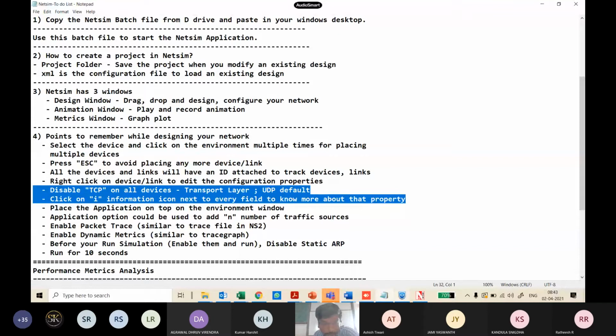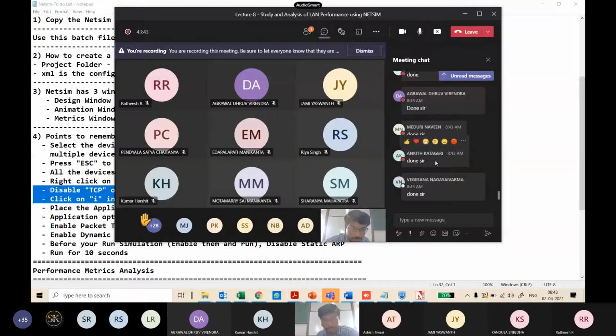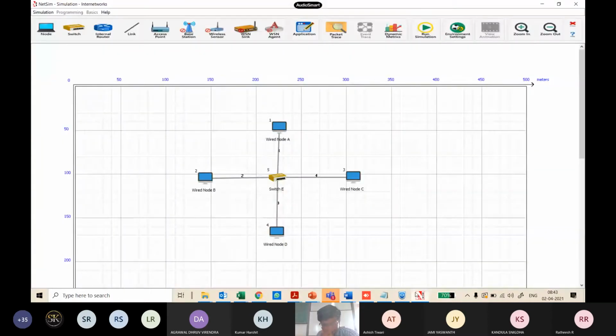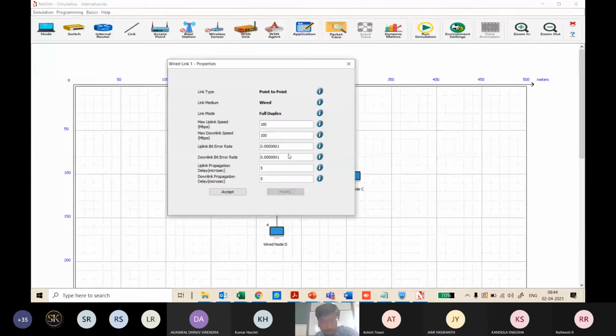Now we saw the node level properties. But now I want to configure these links. I want to know what the bandwidth is, what the propagation delay is, like how we had the duplex link in NS2, where we set the bandwidth, the max link speed it can support. Similarly, you can do that here. So right click on the link, go to properties. By default, if you pull a wired link, it's a point-to-point, full duplex link.